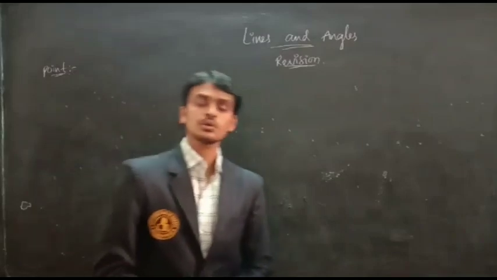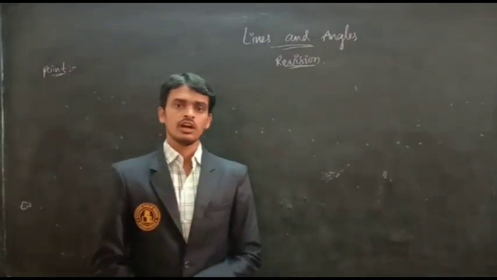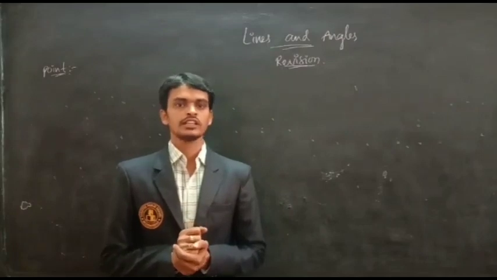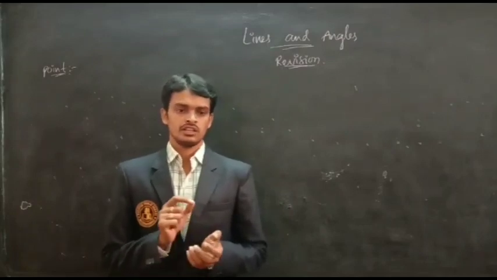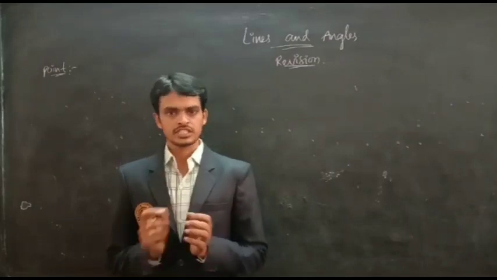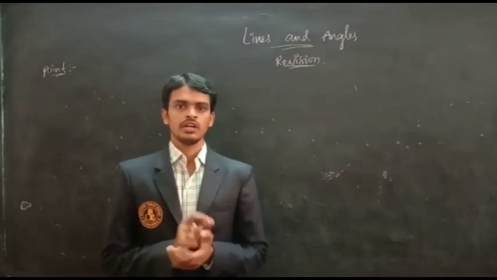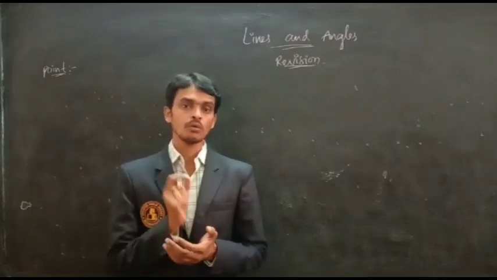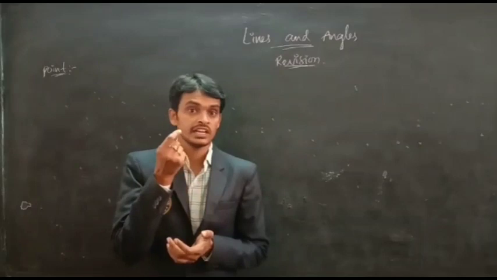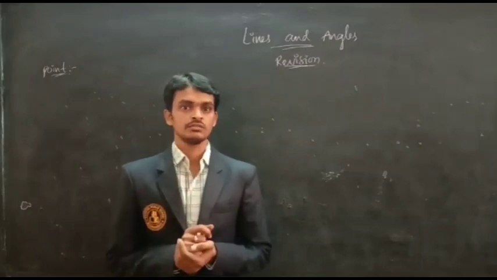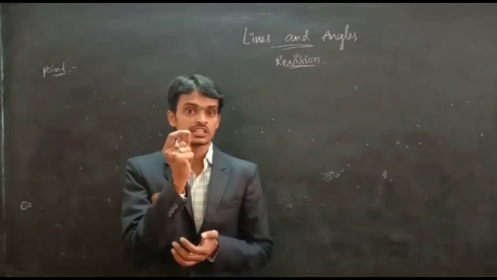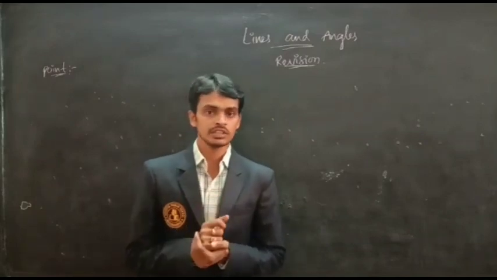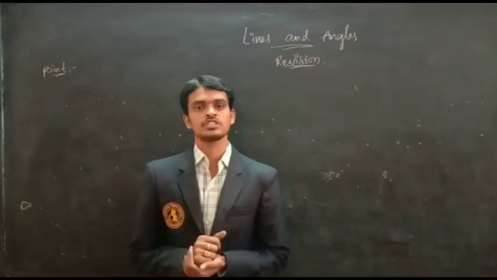In your social map pointing, all of you know they will give you a map in social, and they will ask you to locate the rivers, states, and capitals. They ask for map pointing on the map. So how do you locate by representation of a point? A point is nothing but an exact location or position.